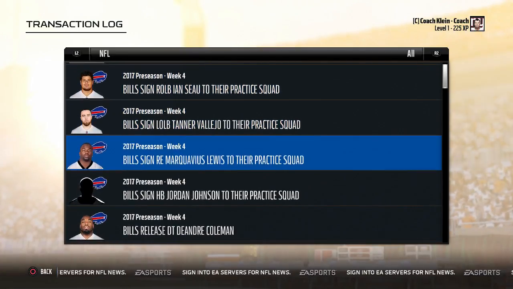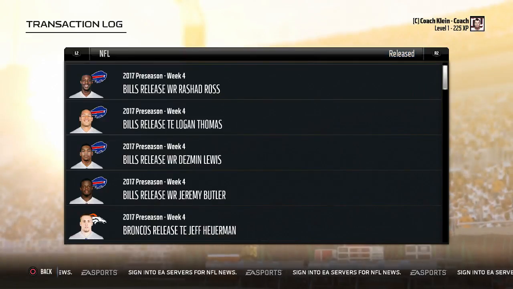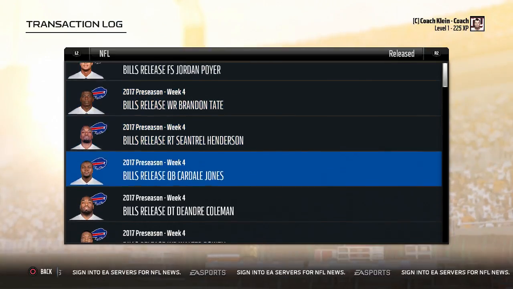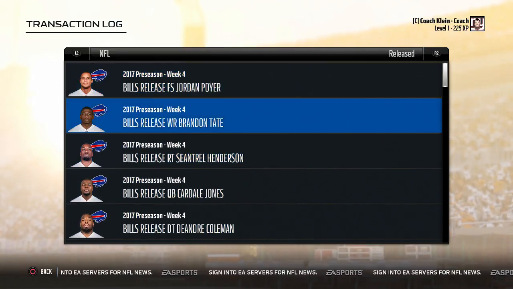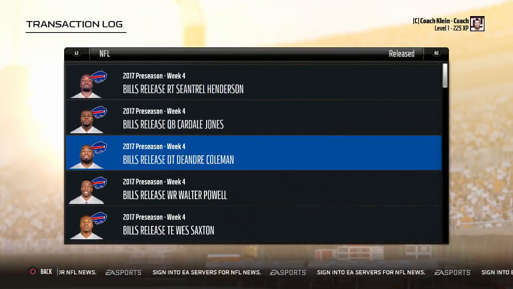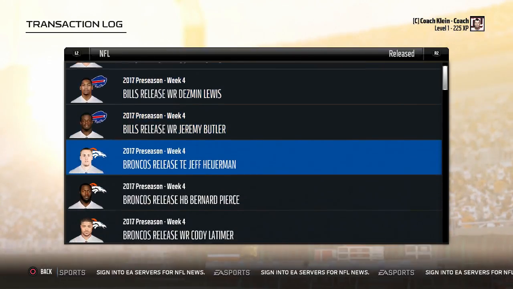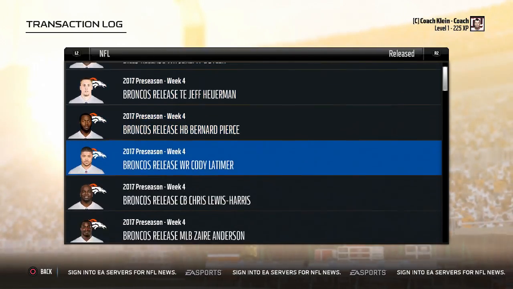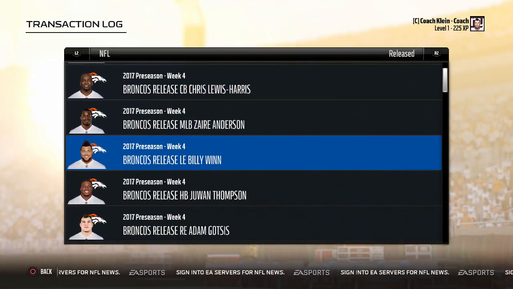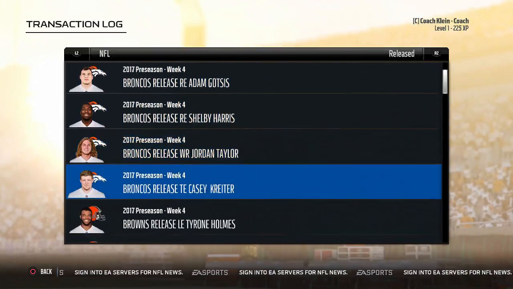But let's see some releases, though. No adding to their practice squad. Any big releases? We have Rashad Ross, Logan Tom. Oh, wait, that's earlier. Okay. We have Jordan Poyer, Brandon Tate, Centrell Henderson. We have Cardale Jones, DeAndre Coleman, Wes Saxton, Rashad Ross. Anything else? We have Bernard Pierce, Cody Latimer, Chris Lewis Harris, Billy Wynn, Juwan Thompson, Adam Goddess, Jordan Taylor,